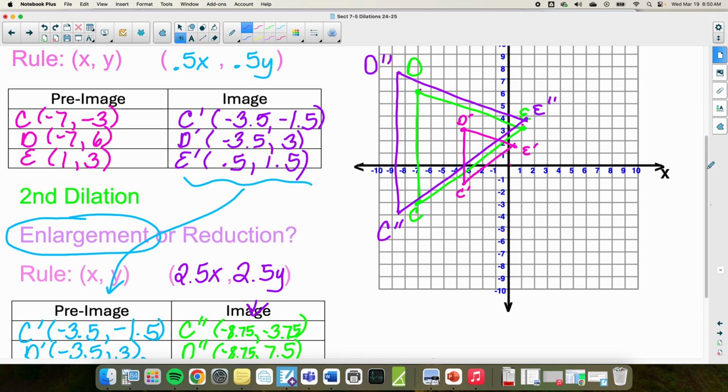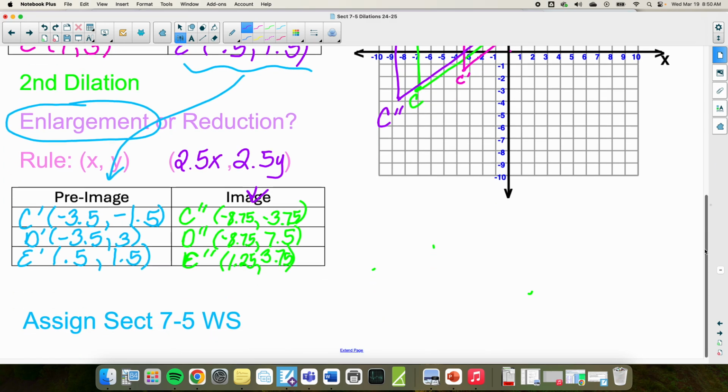Okay. So you guys are gonna get a worksheet today. And for this worksheet, I do have a couple mistakes on it, so I will let you